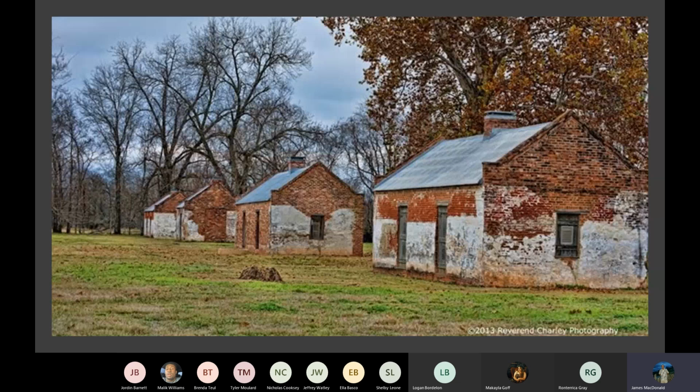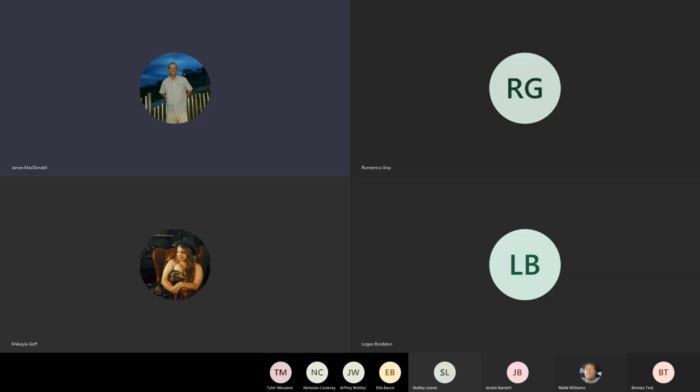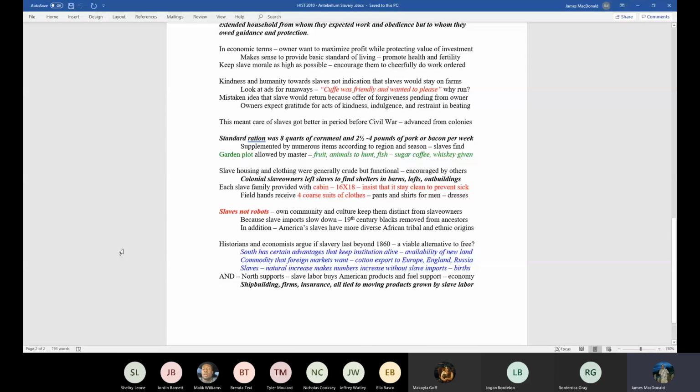That gives us a little insight about the life of slaves. What about slavery, the institution itself? This is one argument that historians have loved to have over the last several years. Would it have lasted? Was it economically viable? The answer to that question is overwhelmingly yes. How many people can actually run a business that loses money and still continue to operate it? You can't. Slavery was viable.